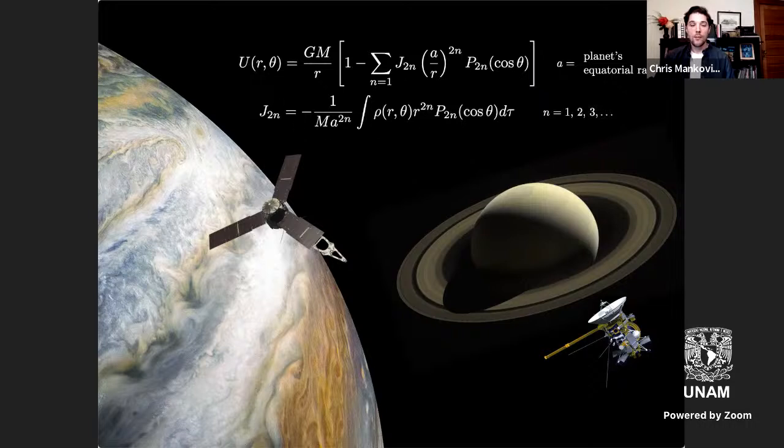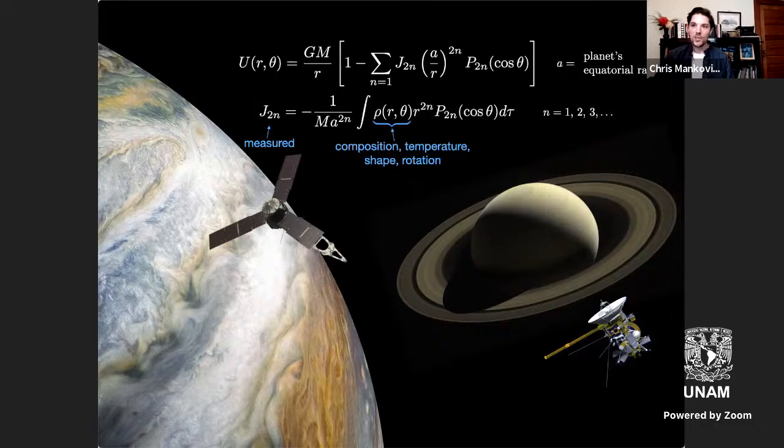These gravity coefficients, J2n, I might also call them gravity harmonics, are essentially just integrals of the mass distribution over the oblate planet. So J2n is ultimately measured because the gravitational potential is measured. And inside of this integral that's over the volume of the planet is the density. And so when you measure the J2n, you are encoding the full mass distribution over the non-spherical planet. And this is a function, of course, of the composition, the temperature, the shape, and the rotation, and more specifically, the spatial distribution of all those things.